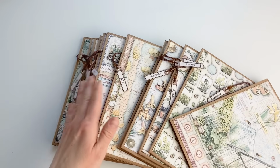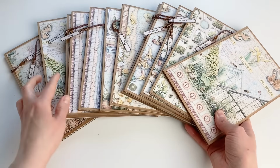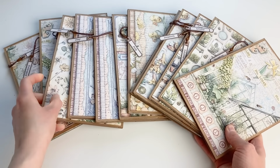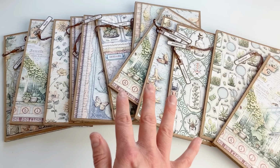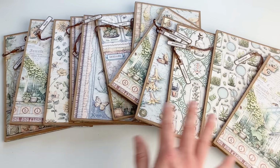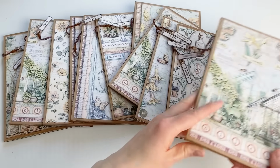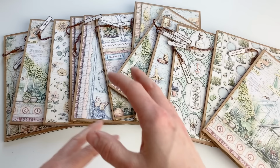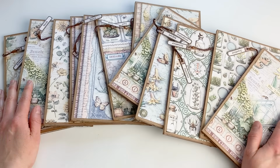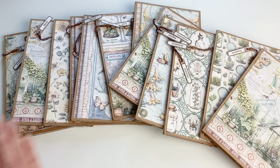Wow! I made a bunch of journals. 12 to be exact, 1 for each month of the year. It was a lot of work, I admit, but it was so worth it. These are all so beautiful. They're all a little bit different because I used different papers and I had a different order for the journal pages. And once I made the first one that I showed in the tutorial, I just cut all the